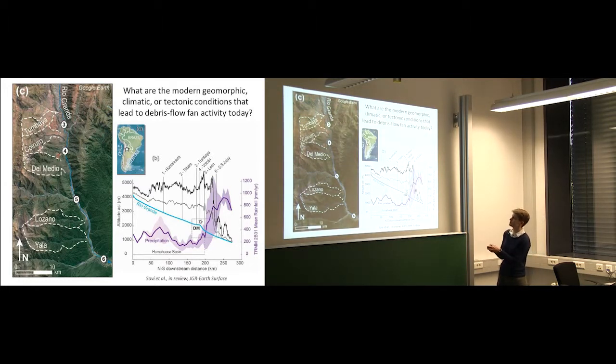So this is a swath profile that Sarah created just going up the valley like this. Within that swath, she's then extracting the maximum elevations, the mean elevations, and then the minimum elevations, which are essentially representing the Rio Grande. And the Del Medio catchment is marking this big knickpoint within that river system. Now let's compare it to precipitation, which is going across the same swath. And what we see is that if we go into this zone,